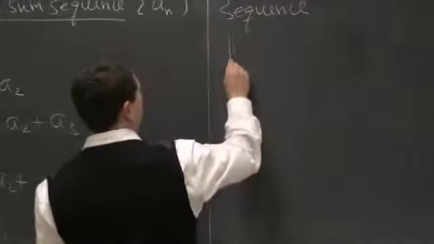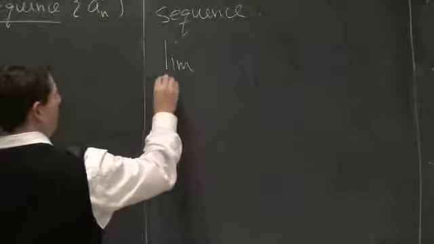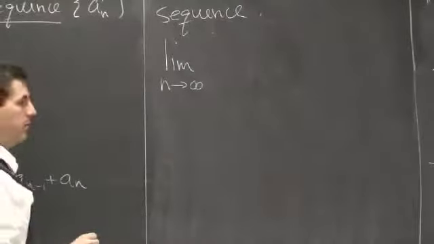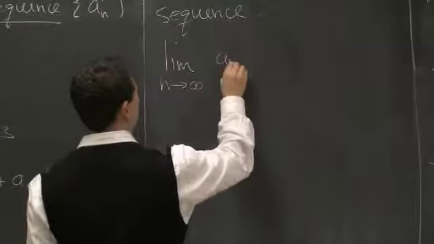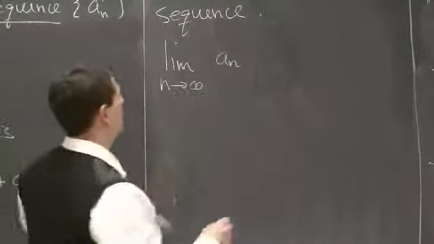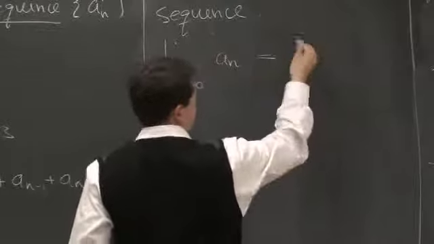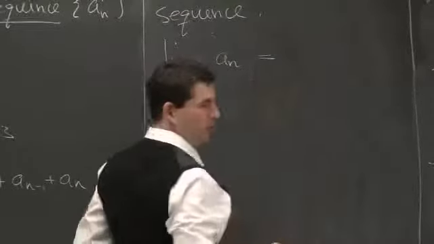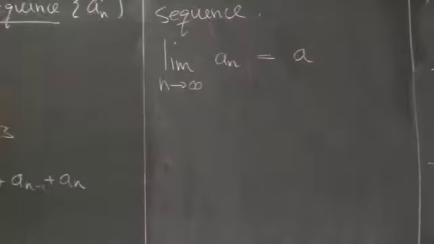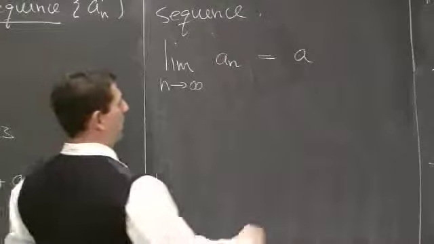We're going to write down the limit as n goes to infinity of a_n. So this is the nth term in the sequence. The limit here equals, well, let's call it A, with no index. What are we going to mean by this? We're going to write this if,